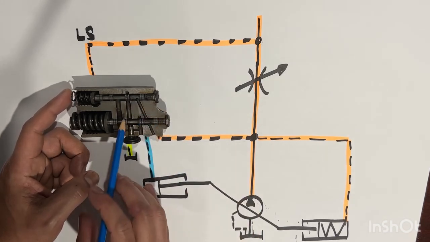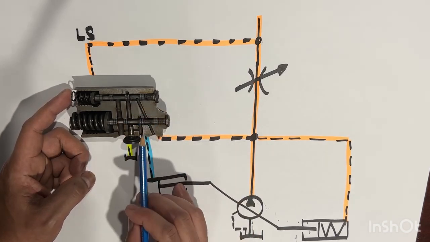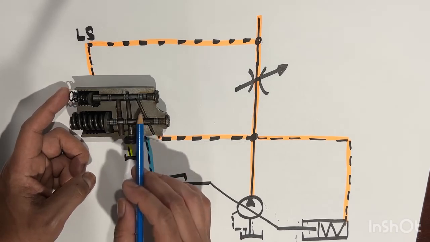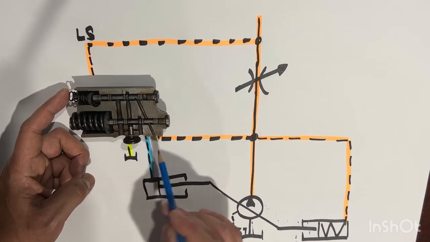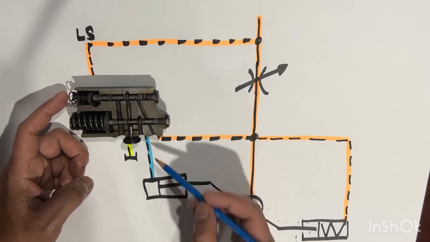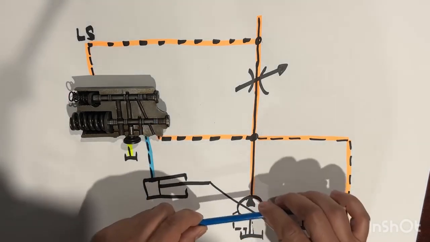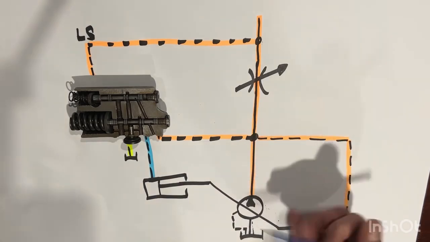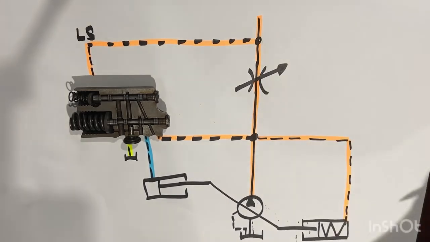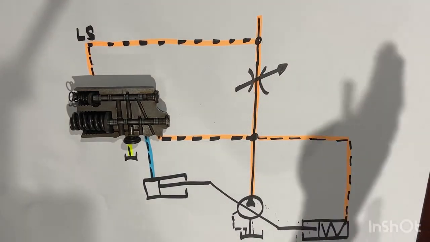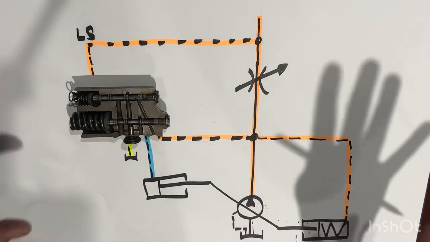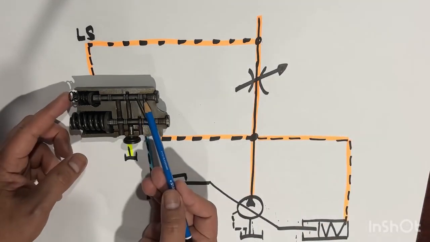So what happens is it closes the stroke port to case and opens the system pressure to the stroke port, or the A port. I call these P, A, and T. P and A are now open. Because it's at max stroke, the pressure upstream will of course increase because you decrease the opening of the throttle valve. That's the principle of the orifice. When the orifice is small and there is a massive flow through it, the delta P will increase. As the delta P increases, this spool shifts.